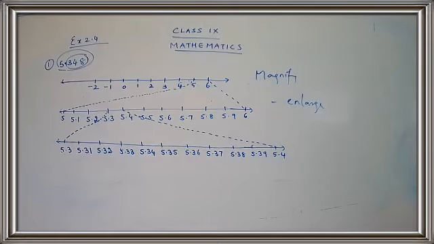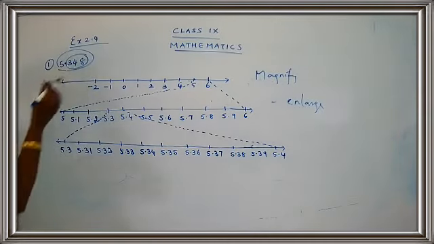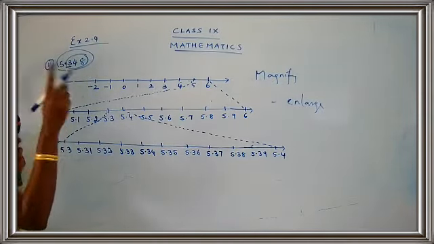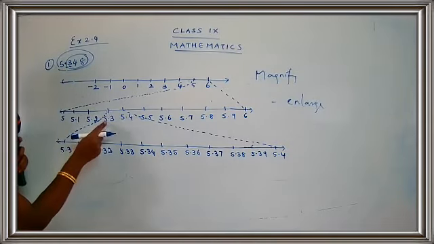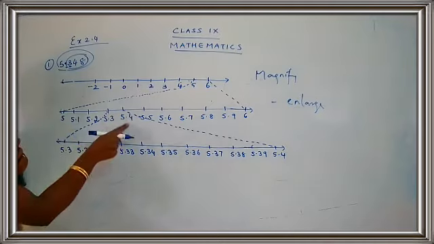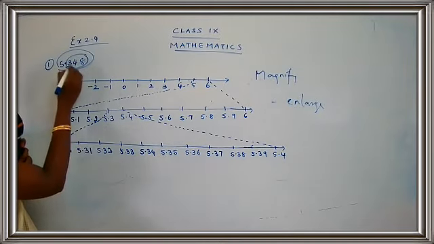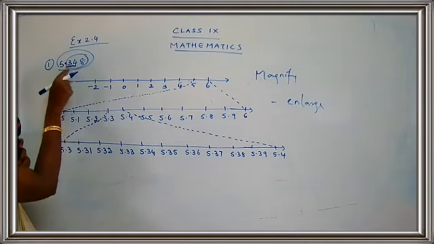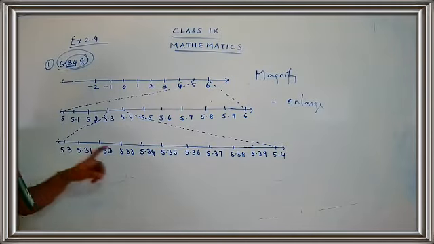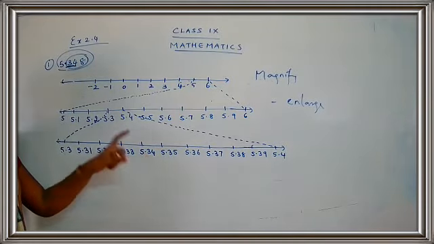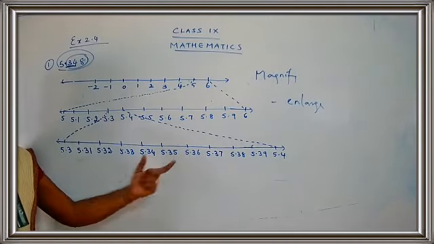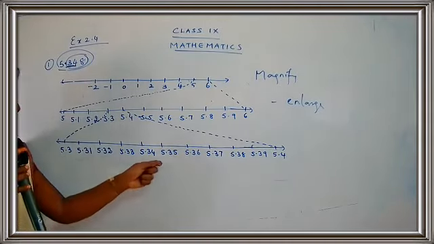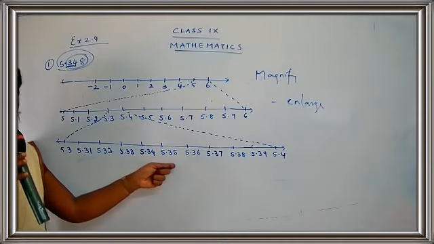Okay, now let's come to the next step. Now what do you want here? See, first I just had to see only one number, that is only one digit. That is 3. So I took 5.3 and I have to take the next number. That is 5.4. Now you have to see two digits. What are the two digits here? 3, 4. That means you are going to focus on 5.34 and you have to take the next number. So what is the next number, children? 5.35. So where are you going to magnify? You have to magnify 3, 4 and 3, 5. Are you getting my point?